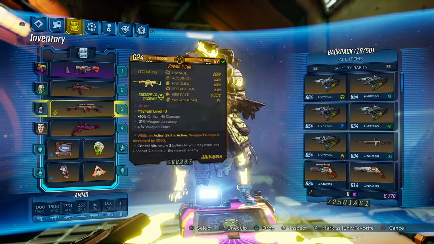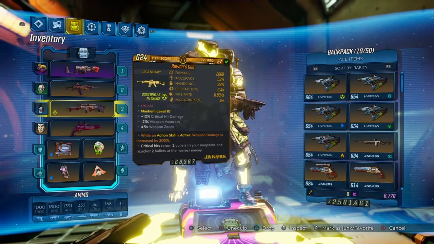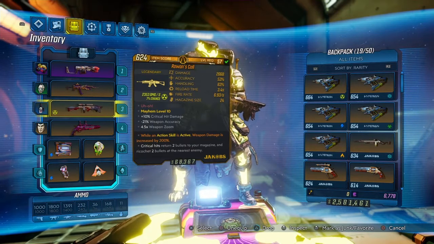So I'd leave the Rowan's Call alone, but if you feel like it, go ahead and change it out. The one thing I will say is that you will want to change out your elements of Rowan's Call from shock to radiation. Radiation if you're going against Maliwan or flesh enemies like the COV, and shock if you're going against stuff like the Guardians at the Guardian Takedown, or